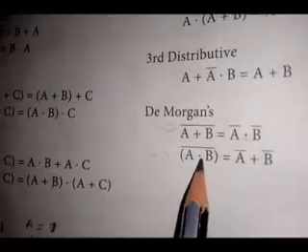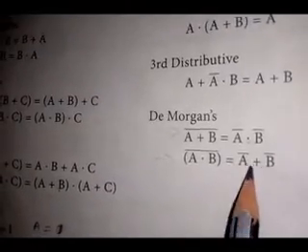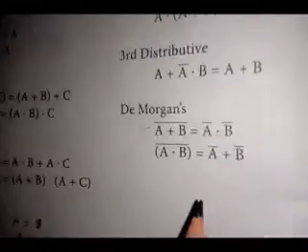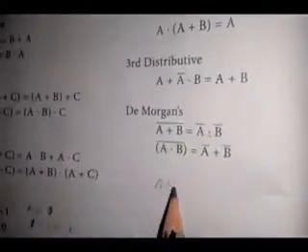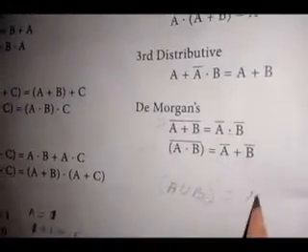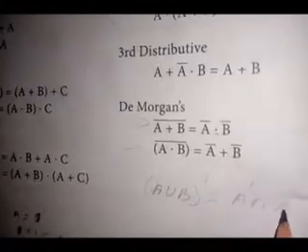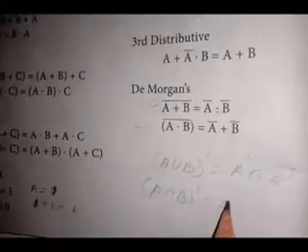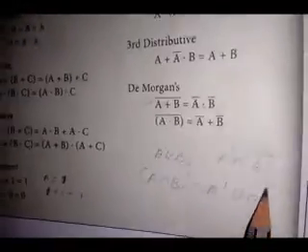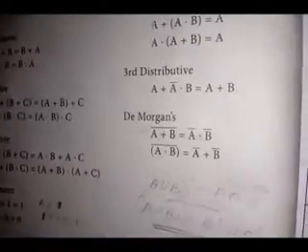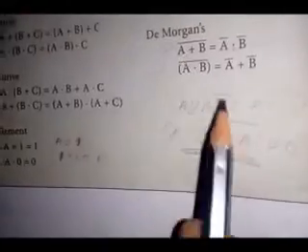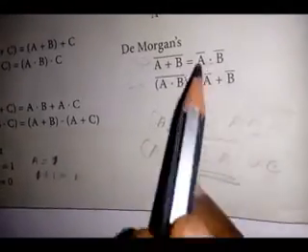Then the second law is A into B the whole bar equal to A bar plus B bar. In mathematics we studied A union B the whole dash equal to A dash intersection B dash. Then next, A intersection B the whole dash equal to A dash union B dash. Is it studied? That same thing only here. Instead of dash we are using the bar. Instead of union we are using the plus symbol. And intersection we are using the dot symbol. That is the thing. Okay, thank you dear children.